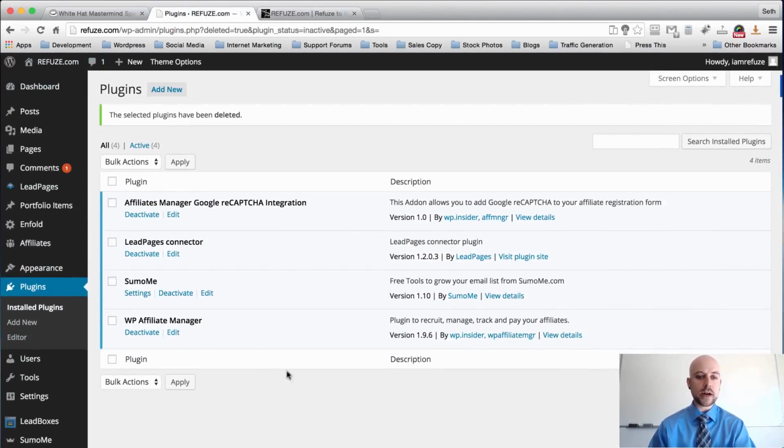Okay, so we've got rid of all the plugins that were no longer necessary because we are using a premium theme. So that's one thing you guys need to remember, is that when you're using a premium theme, you're not going to need nearly as many plugins to get the functionality out of your site as if you were to use a free theme. So that's why I want to encourage you to get the Enfold theme below this video,